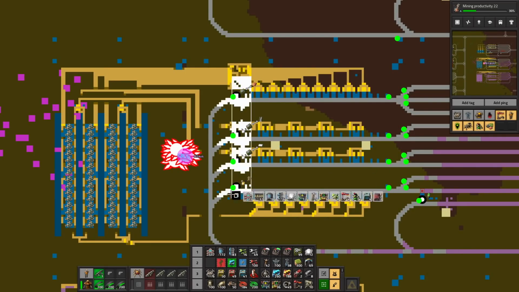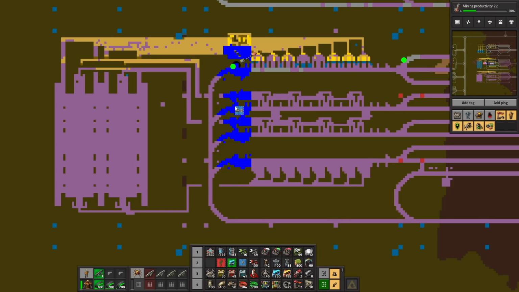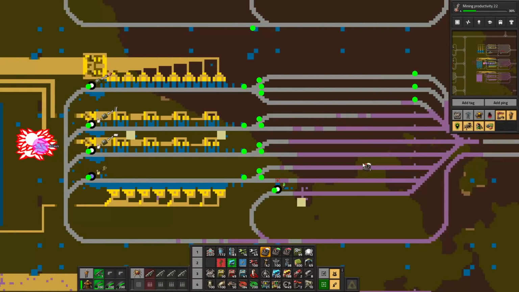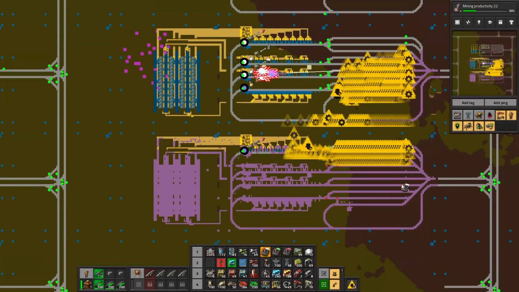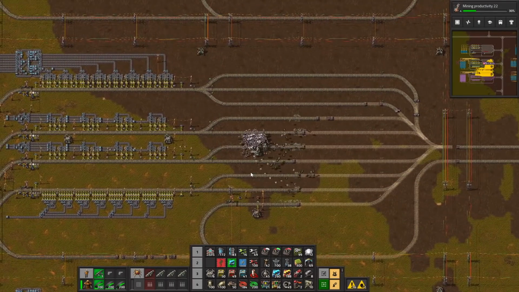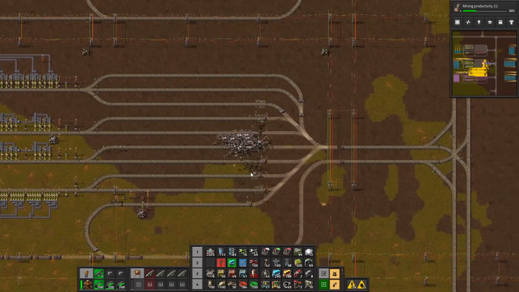Good. So this is good, and then I can do the same thing here. Get that one, and then go here. Oh yeah, I can also just walk, but...